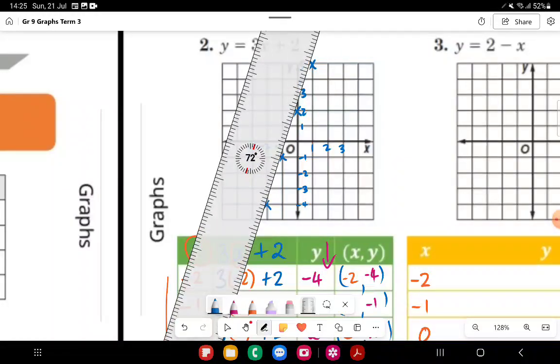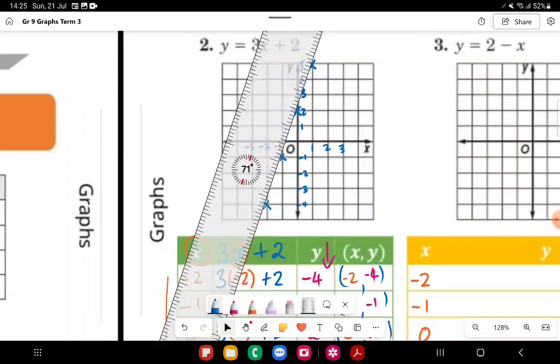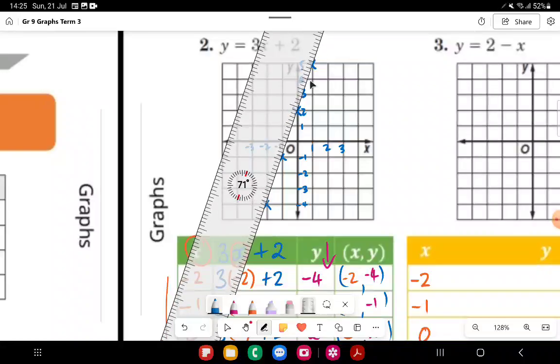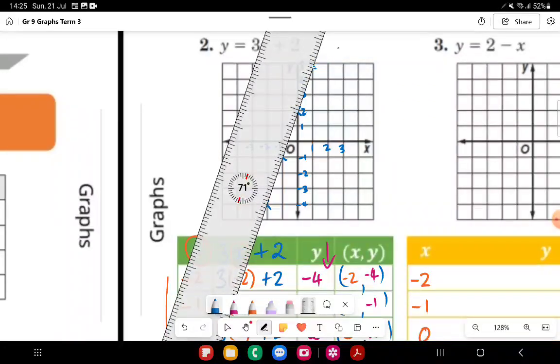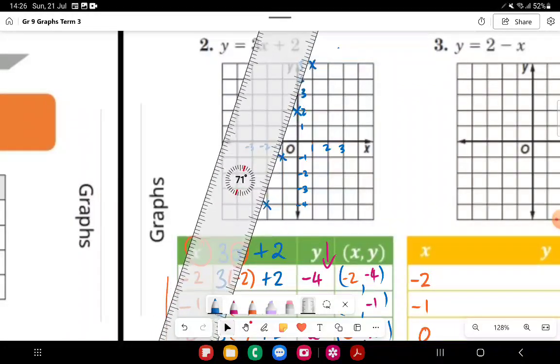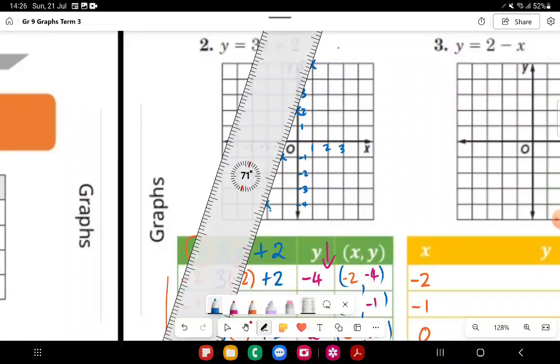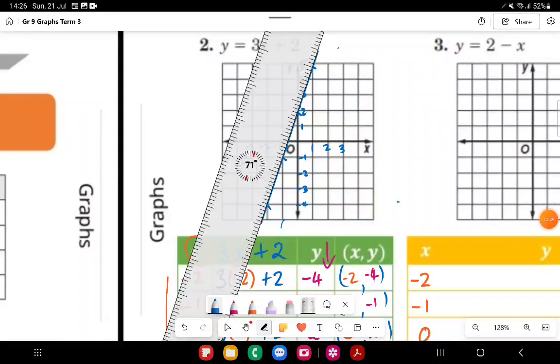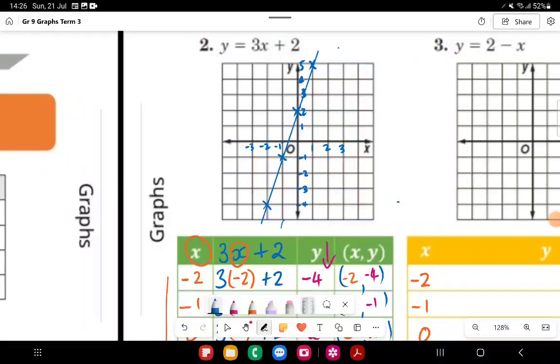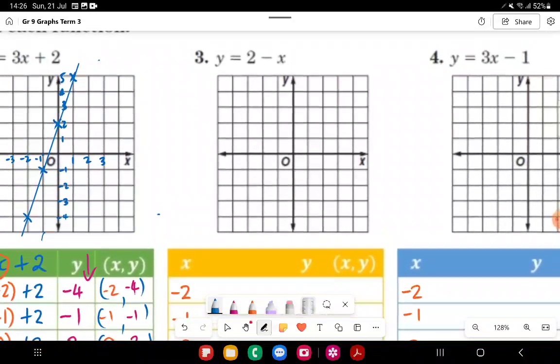And oops, now it all moved. Stop moving. Okay, so I've been struggling with my ruler. But there we go. All right, let's do the next one. 2 minus